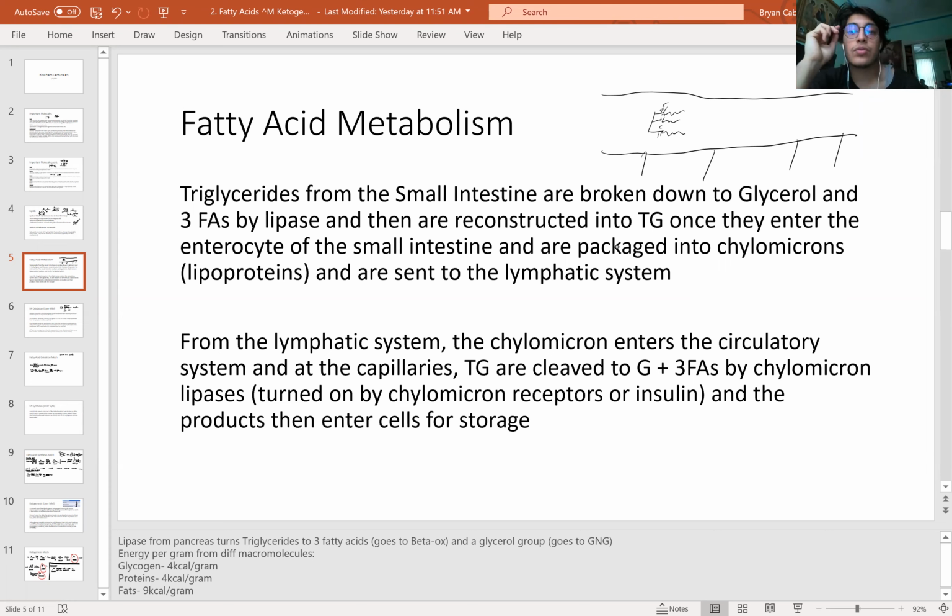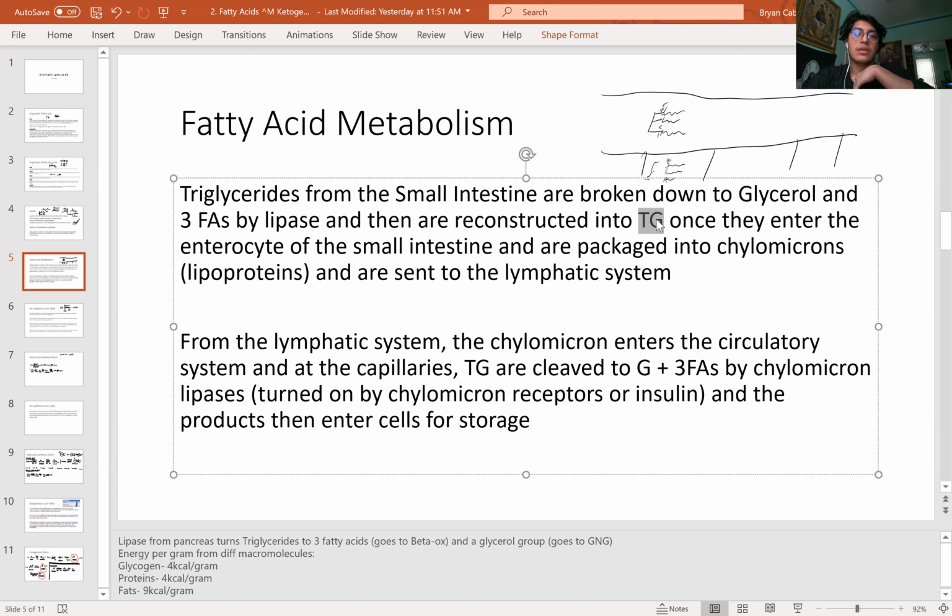In order for it to be introduced into the cell, it needs to be broken down by lipase. Lipase is the enzyme that breaks down fatty acids. So lipase is going to break this down into its components, glycerol and the 3 fatty acids. After it enters the cell, it's going to be reconstructed into a triglyceride. And then they're going to enter the